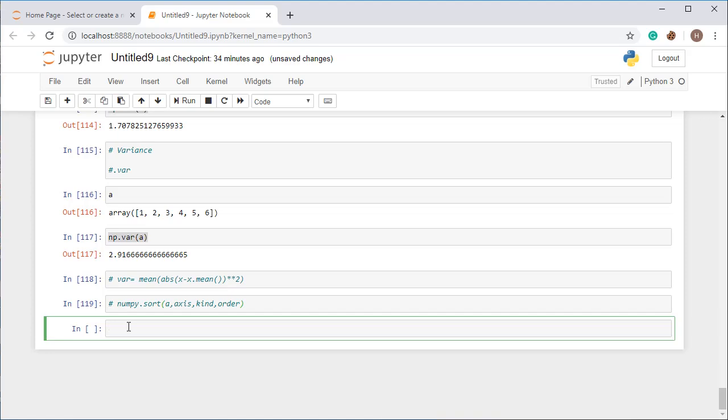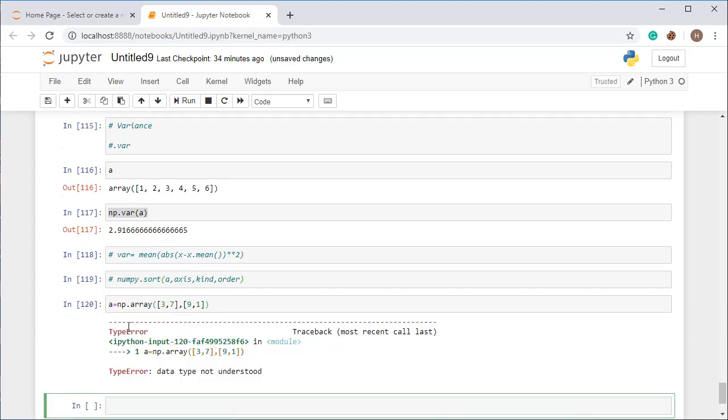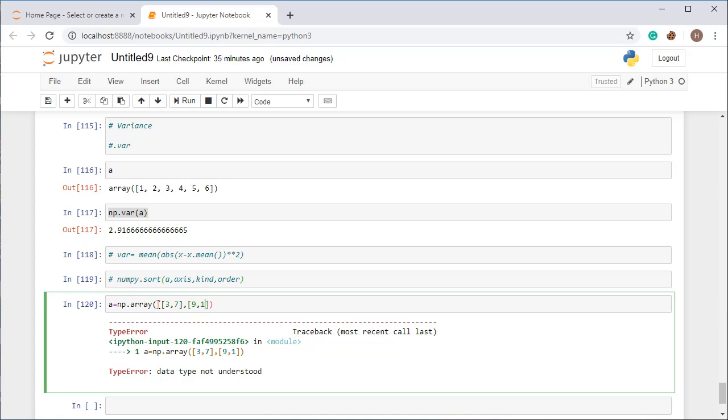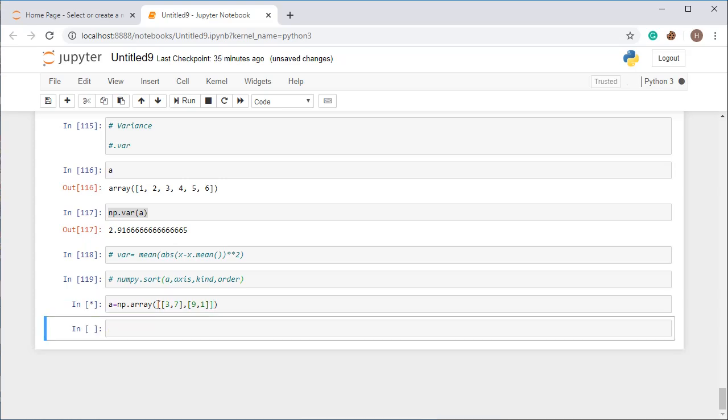So let's consider an example. A is equal to np.array and create a new array with numbers 3, 7 and another one as 9, 1. I have made a mistake with the square brackets, this one is a two dimensional array, so this one is the array. Now I am going to show you how to sort this.